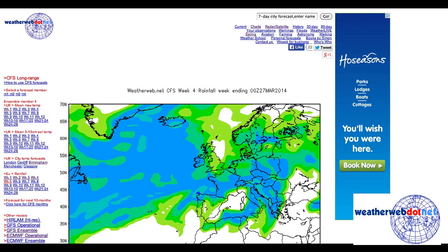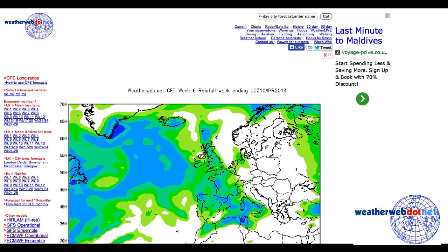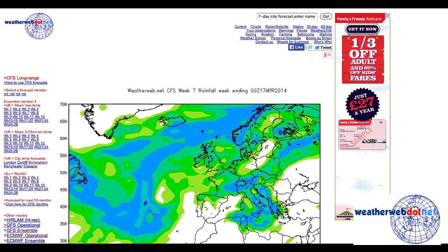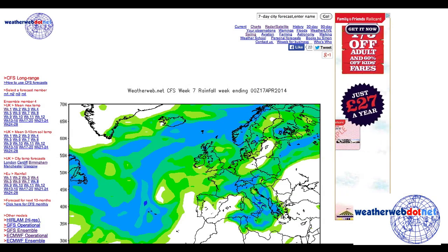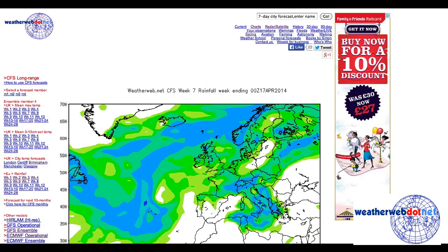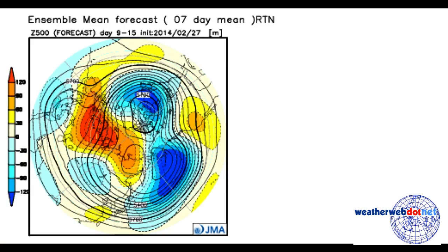It's not until the beginning of April that it tries to bring higher pressure in. Look, there we are heading into the early part of April. So it's not until then that it tries to bring high pressure in. I think the big problem really with the CFS at the moment is it's had a few days of dodgy runs, and it takes time for those to get out of the system. But I'm going to go with the idea of the high building in as shown on the Japanese models here, because I think that's the way that the numerical models are going at the moment, and it looks to provide